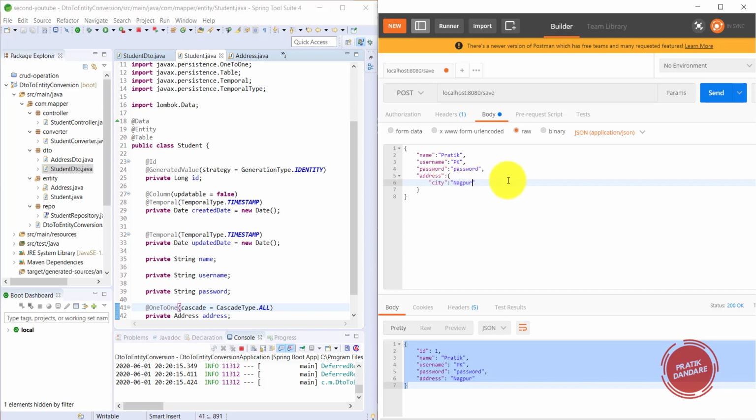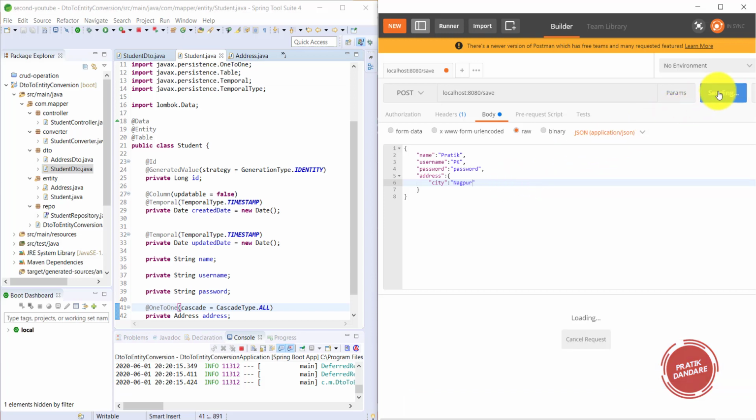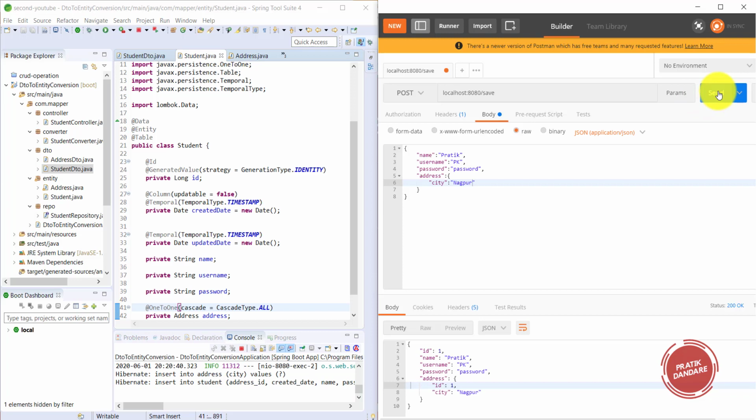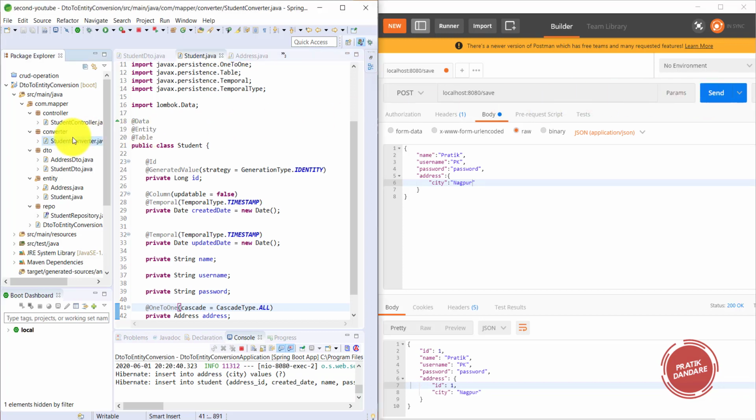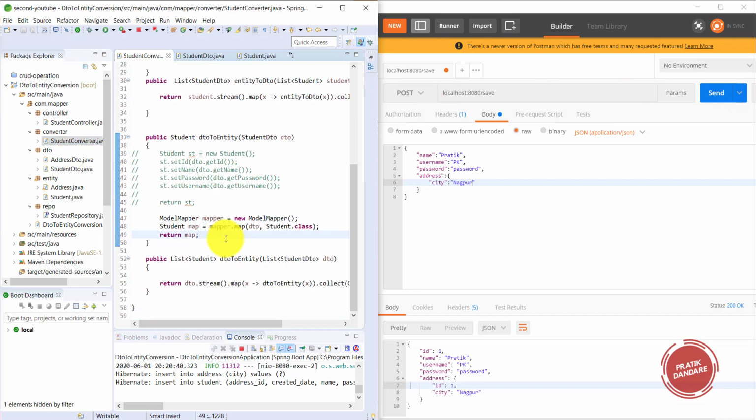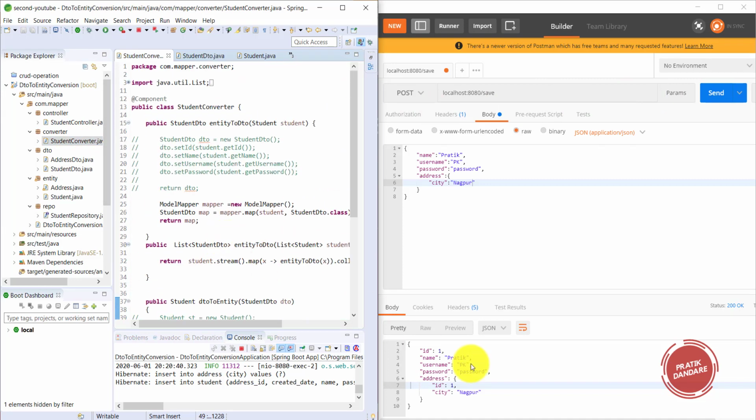Let's see. If we were using the old logic, what would happen here? We would need to change the DTO, we would need to check null, lots of things. Working with manual things is never a good idea. That's why we are using ModelMapper. Let's see what happens here. Again, it converted and converted back. You don't need to write a single word of logic here. That's why we are using ModelMapper. Okay, thanks for watching.